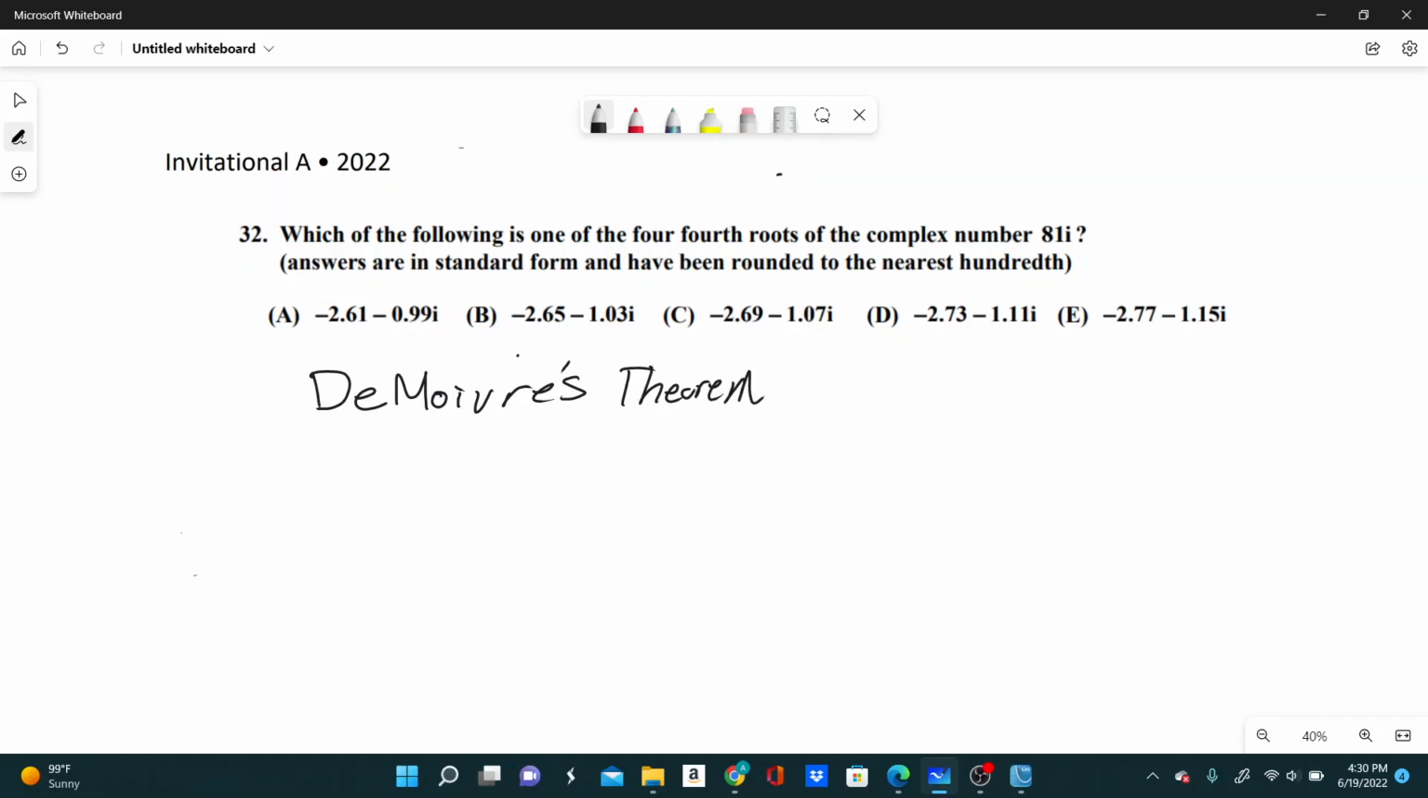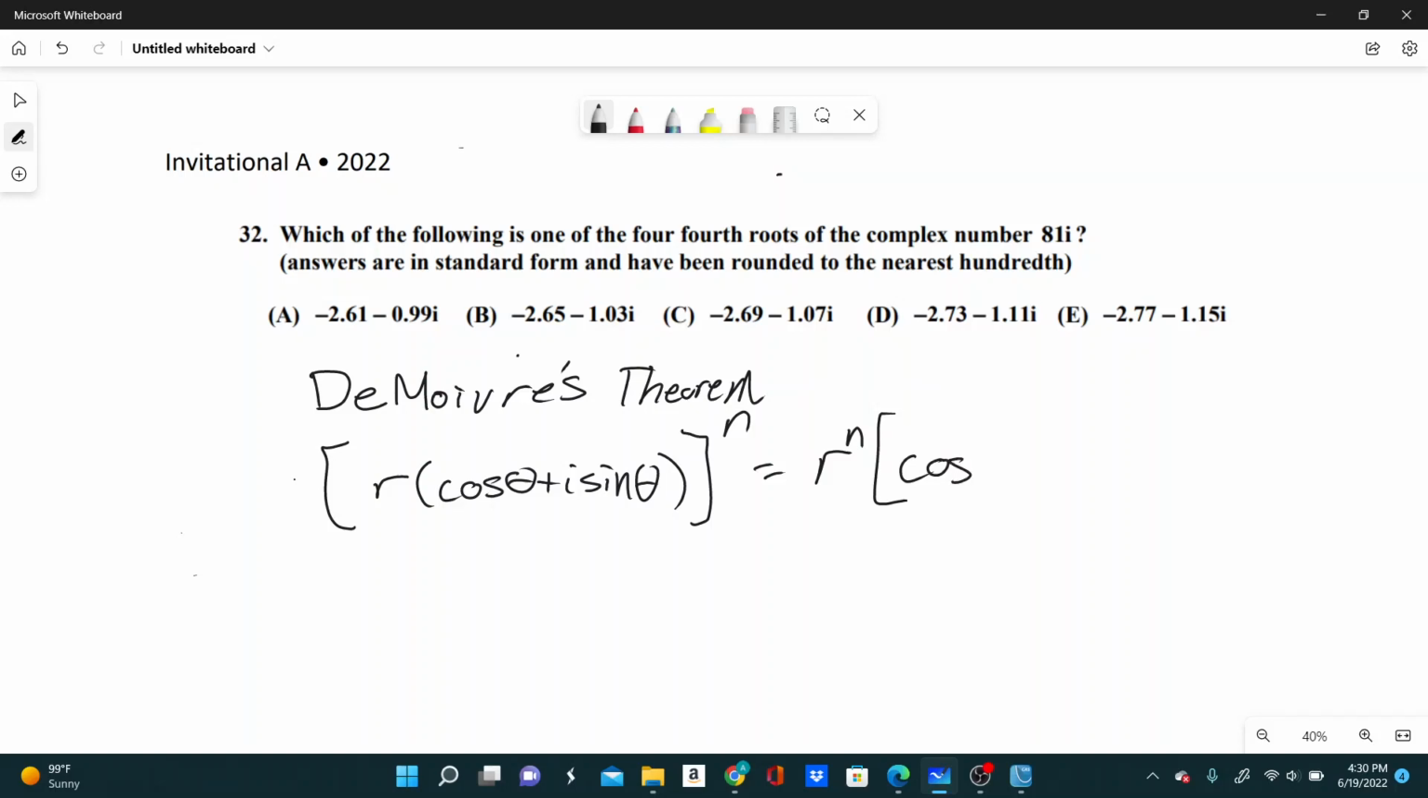So if you have the complex number r times cosine theta plus i sine theta, and you raise it to an exponent of, say, n, then the result of that is r to the n multiplied by cosine of n theta, not 2 theta, cosine of n theta plus i sine of n theta. So you raise r to the nth power, and then you multiply all of your angles